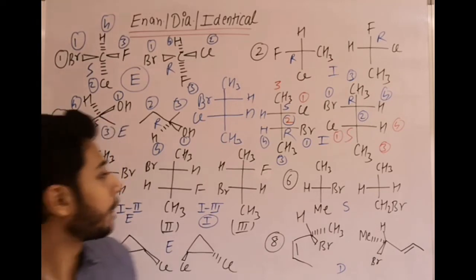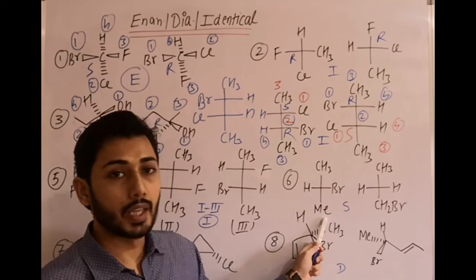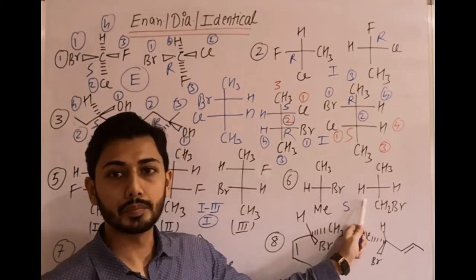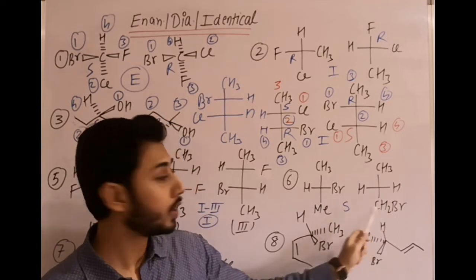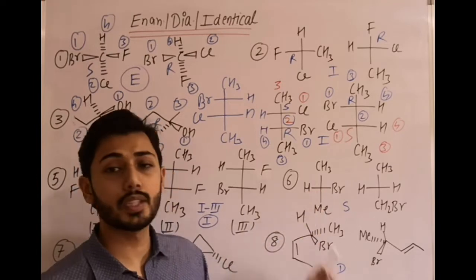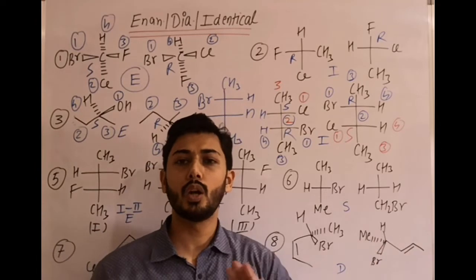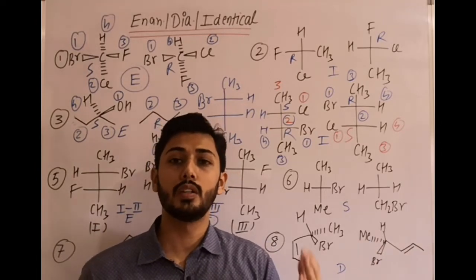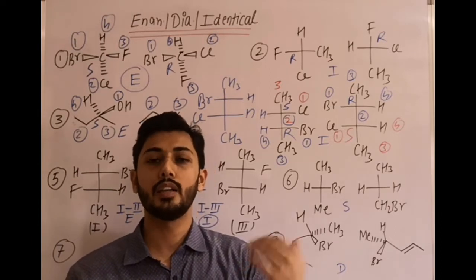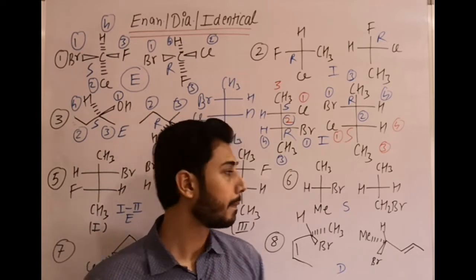Now in the sixth one, in this case the chiral center is given as H, Br, CH3 and methyl. In this case it is not a chiral center. Why? Because two hydrogens are given. Br is connected to CH2. Here Br is connected to a carbon which is CH3 and CH3 separately. Now in this case, even if Fischer is given, we will not get confused. Why? Because they are not even stereoisomers. Their connectivity is different. So they are structural, or another term is constitutional isomers, right?